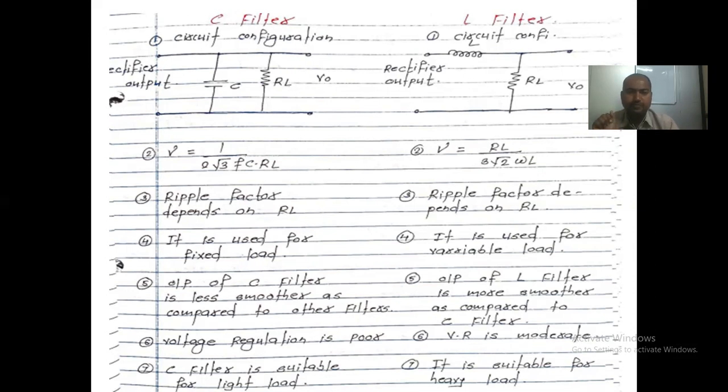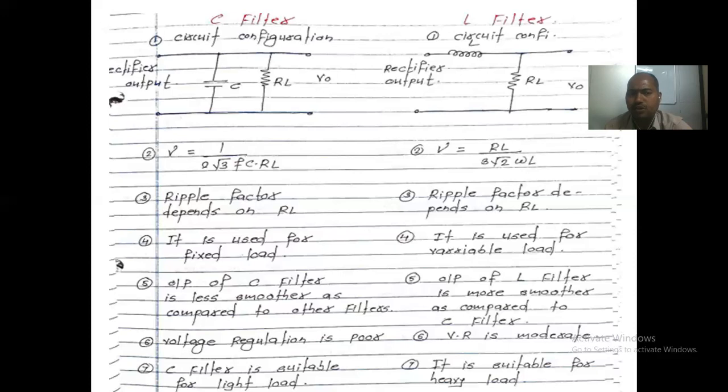Now we will see the differences between the capacitor type of filter and the L type of filter. In the capacitor type of filter, we see one of the devices, that is a rectifier. For any type of filter configuration, a rectifier must be required. Why? Because we filter whatever comes out of it, so we need the particular configuration, either full wave or half wave.